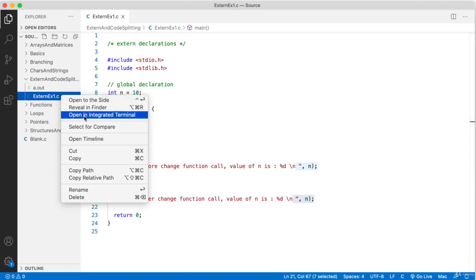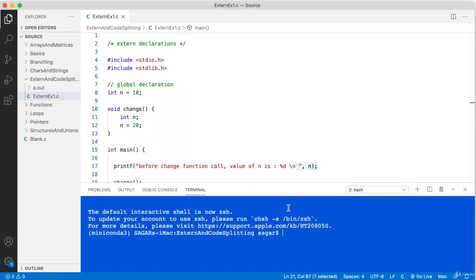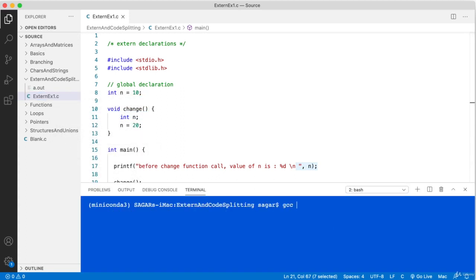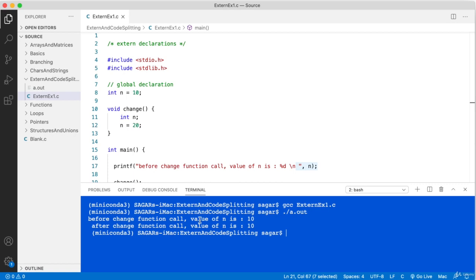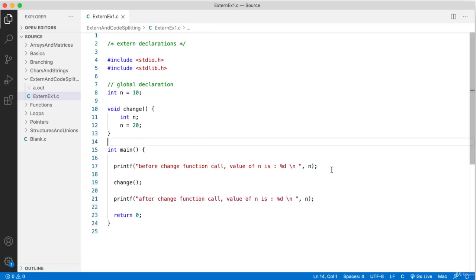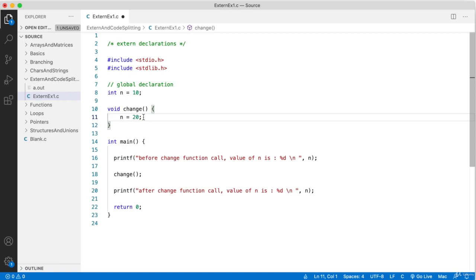Let's go into the command prompt and check what is the outcome. You can see even before the function call it is 10, and after the function call it is 10. Now, what if I don't want to declare this variable here? I want to refer to the global one itself. Then in this case, I might have simply removed this. It doesn't matter.